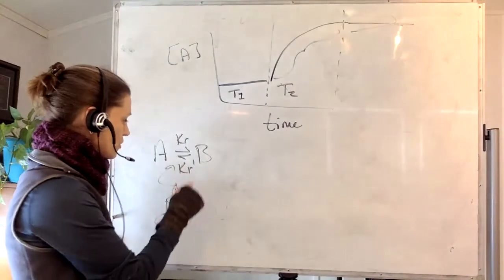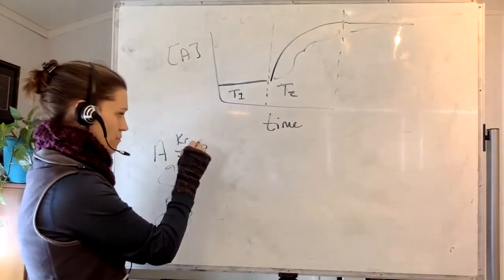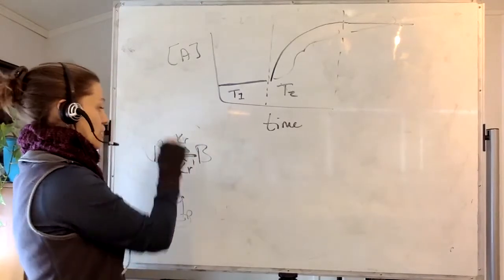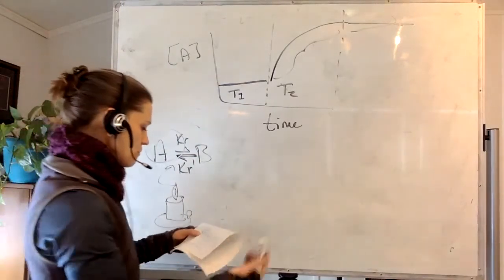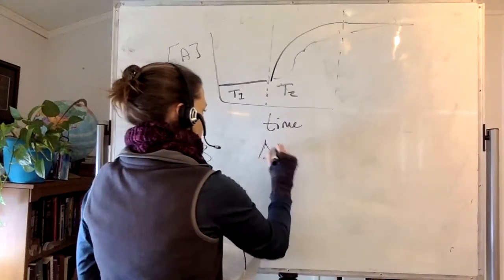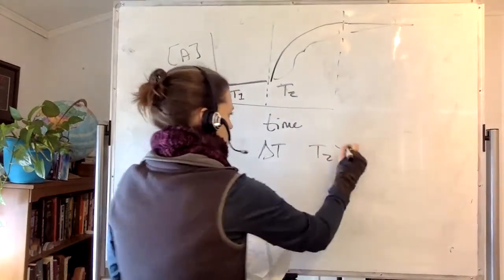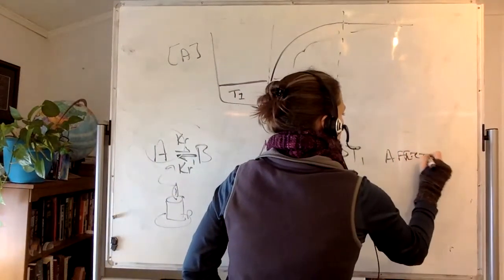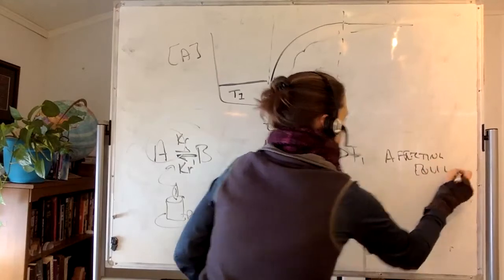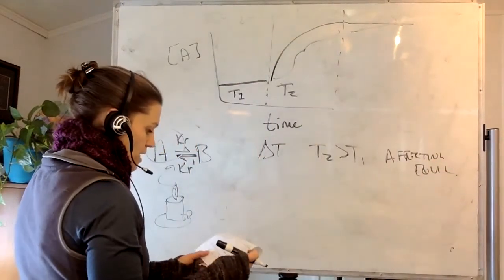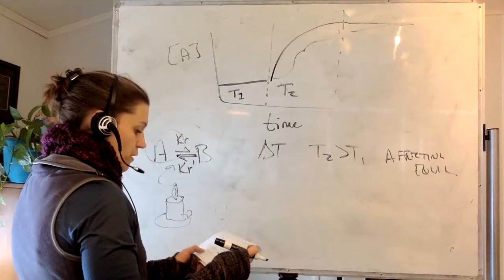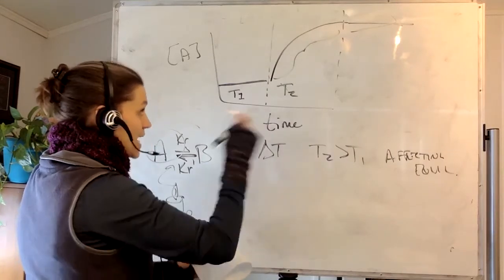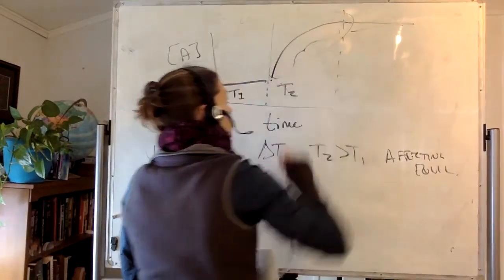So if you increase the thermal energy in the system, that might make the reaction this way much more favored, such that you're going to be increasing the concentration of A. And so by changing temperature, so a delta T such that T2 is greater than T1, you're going to be affecting equilibrium by that delta T. And so what you would do is you would then solve the differential equation associated with the time of this